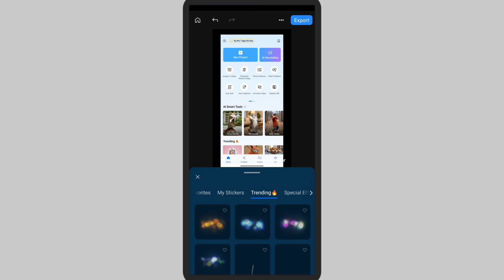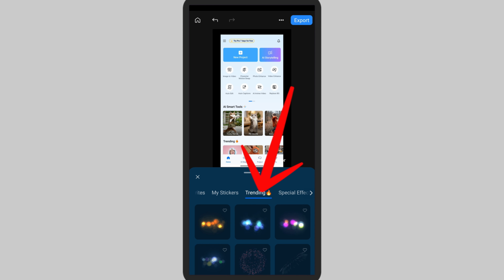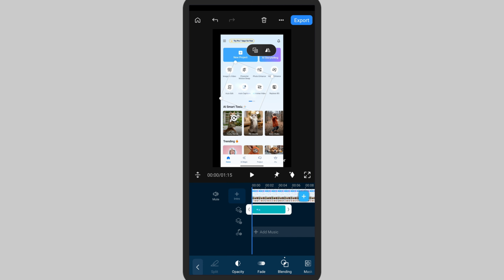Simply tap on sticker. Now you can easily search and easily add on the stickers. So tap on the one that you like and it will automatically import it. Now you can adjust it and keep it wherever you like. At last you can export it and it's all